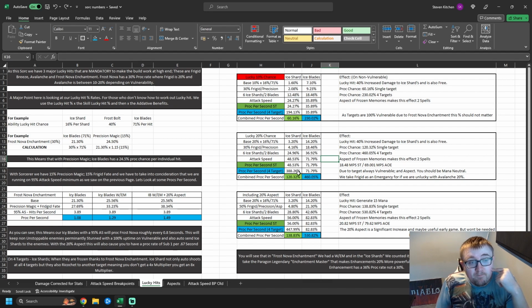It's your choice. What I'm going to say is, you have a combined proc per second of 120% for both of them, meaning you will proc about 1.2 of those casts every second, both on Avalanche and Frosty Breeze, against single target bosses. Now we do have a 95% attack speed, meaning we're going to be using 2 Icy Shards every second, so we do still need the Aspect of Frozen Memories that makes our Avalanche count for 2 spells rather than 1. Now, our proc chance for 4 targets is 460%, so we will be proccing 4.5 Avalanches